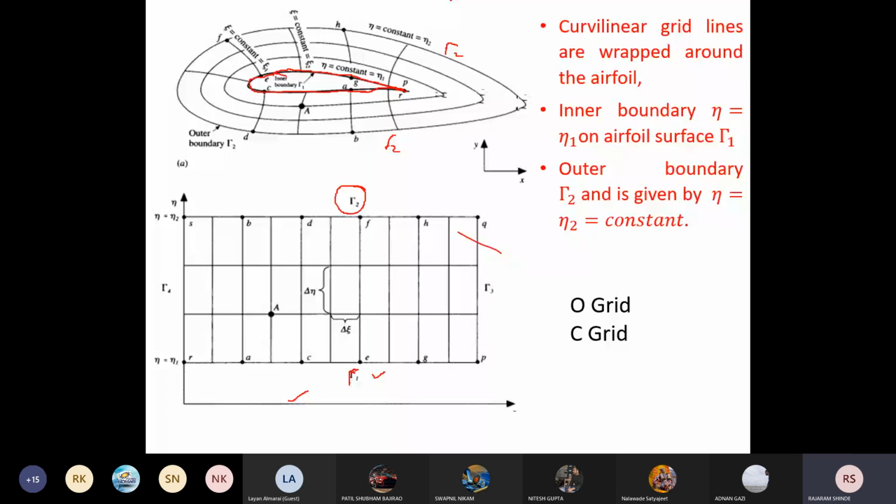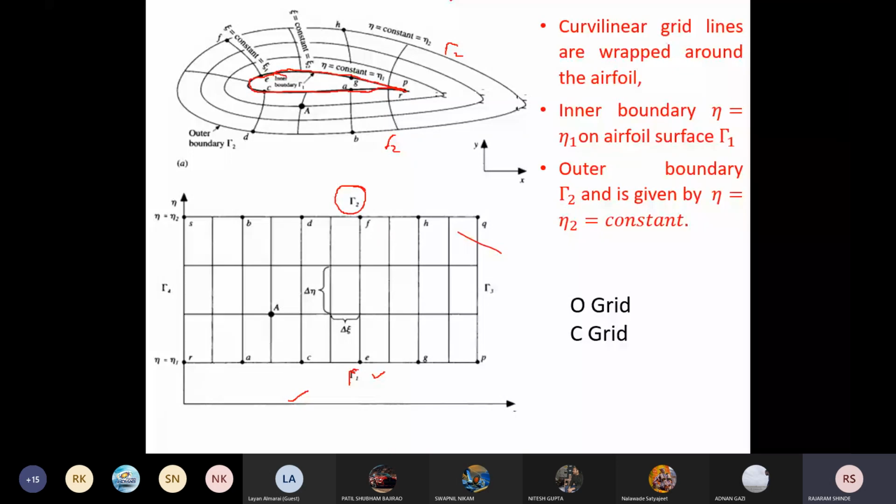Again, if we see the figure, the lines of constant eta totally enclose the aerofoil. This is like an elongated circle. That means if you consider this coordinate system, it is going to enclose the aerofoil, and because of this enclosing we get one elongated circle around this aerofoil. That is known as an O type grid for the aerofoil. Are you getting this? It is a specific name, O grid for aerofoil.